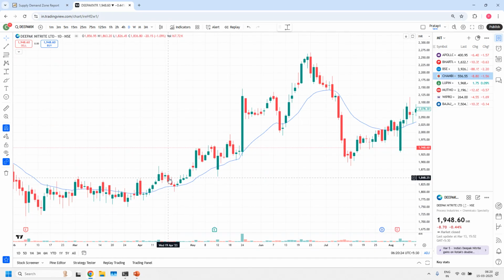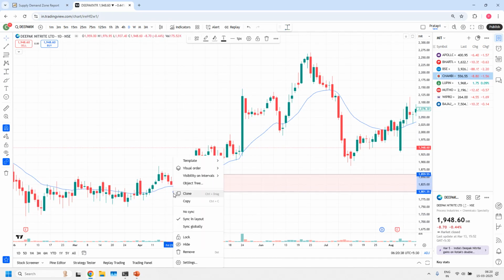This is 19/4/2023. Drop, 1, 2, 3, 4, 5, 6 base candles and rally. So this is the demand zone,